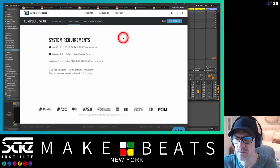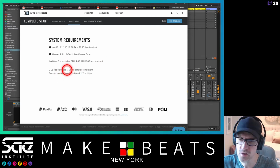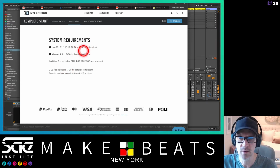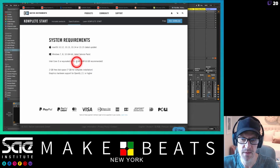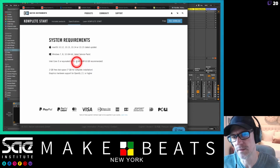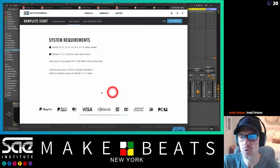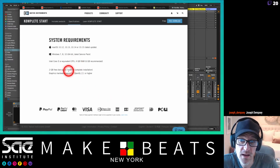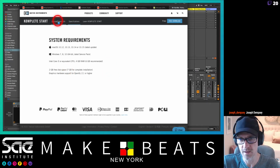So the specifications are, you need 7 gigabytes for the complete installation. You need a Core i5 or more. It just tells you the computer. Basically, if you're running a newer computer, you should be fine with that. 4 gigs of RAM minimum, but if you're running something like Pro Tools or Ableton Live, you would definitely want more RAM. But you can see it's not super huge, but it's nice for free. 7 gigs is really good. And what it comes with,